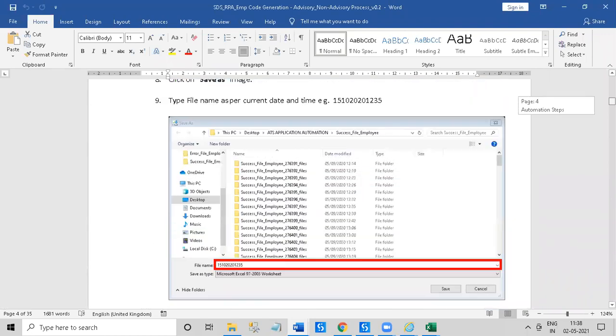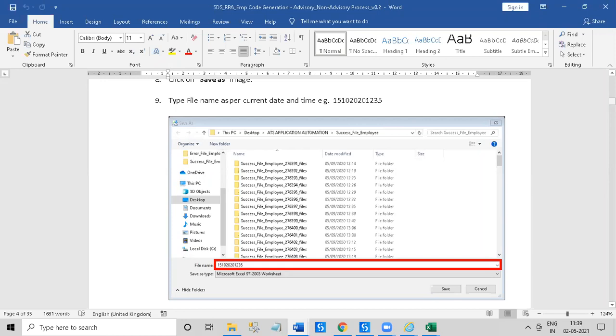Look where I got to. We have seen that the information of a new joiner on the web application is exported into the Excel sheet. After that, we will start the Excel application. There are 4 steps in the Excel application we have done for this process. First of all, the bot is going to check the duplicacy. The bot will compare the just downloaded file and the previously downloaded file on the basis of applicant ID, and check whether a particular applicant ID has already been processed or not.